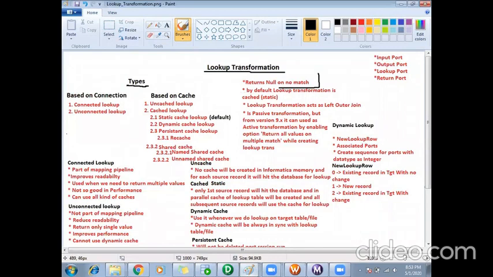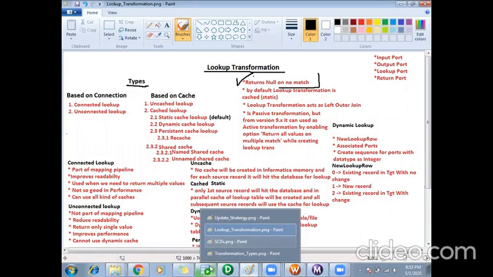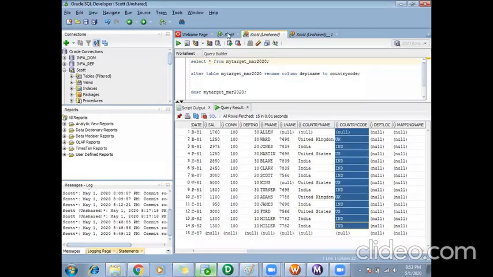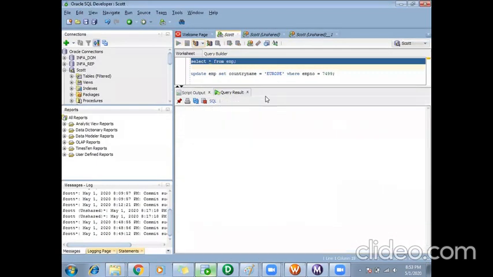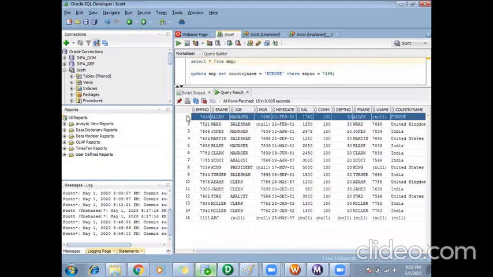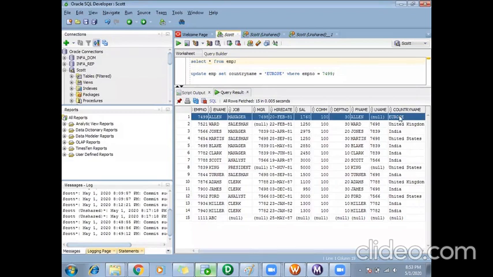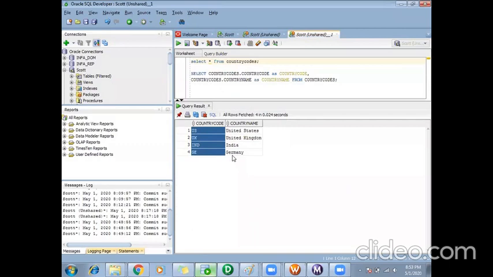I said the lookup will return you null values on no match. For example, if you see here, in my source, the employee 7499, Alan, belonged to the country called Europe, and this country doesn't exist in my lookup table.